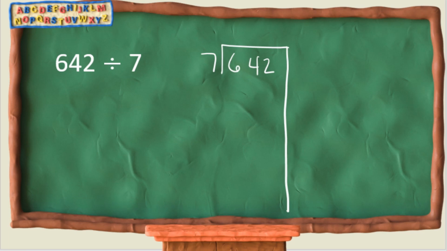So the first thing I want to do is think. 642 is a large number, right? So I don't want to have all of my options be single digit numbers. I want to go up into the multiples, the tens or hundred multiples. So I'm going to write down my divisor and use the